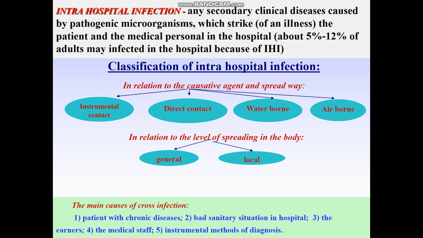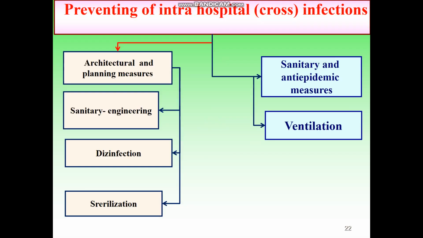Specific measures are presented by immunization, scheduled and emergency. Non-specific measures of preventing intra-hospital infection include architectural and planning, sanitary engineering, sanitary and anti-epidemic, disinfection, sterilization, ventilation. Architectural and planning measures include zonation of the territory or hospital site, rational planning of units by floors and by corpuses,